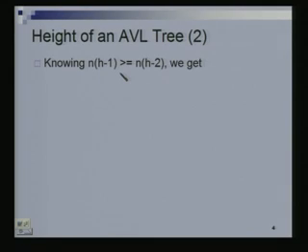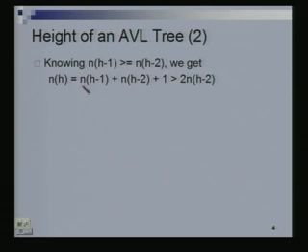Okay. So we are not going to be solving this recurrence exactly. We are going to do an approximate solving. So first we use the fact that n of h minus 1 is only going to be larger than n of h minus 2, right? Because as the height of the tree grows, the number of nodes cannot reduce. It will only be more. So n of h minus 1 is at least as large as n of h minus 2, and this implies that what we had written earlier, n of h equals n of h minus 1 plus n of h minus 2 plus 1, is at least as large as 2 times n of h minus 2, strictly larger because I have also dropped the 1.